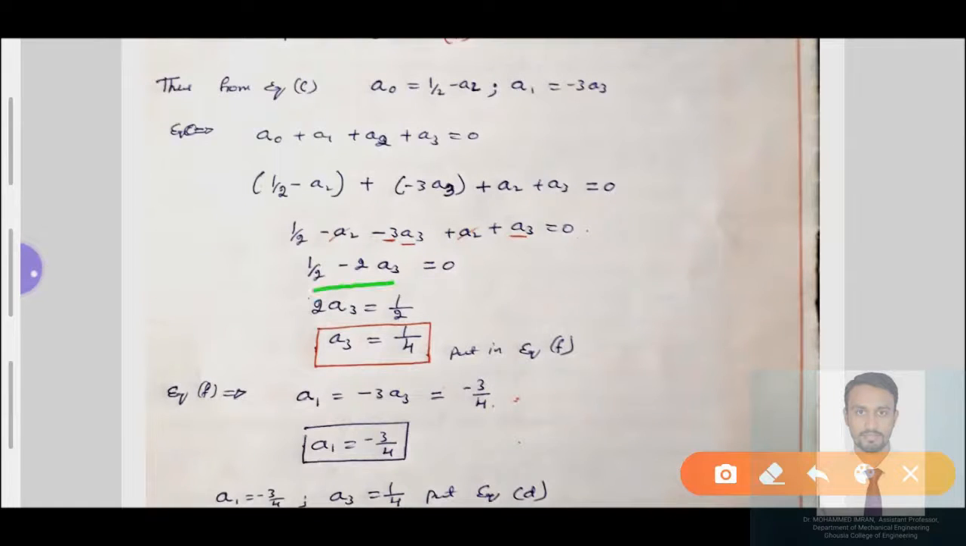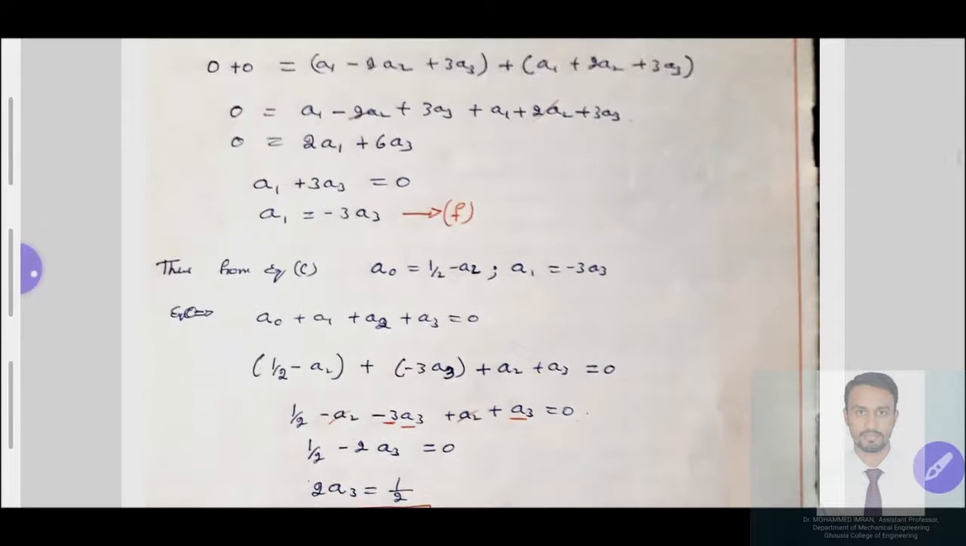Then rearrange this equation. This half I have taken on the right hand side, so this becomes positive. 2a3 equals half, then a3 equals 1 by 4. We got one value, a3. If we have this a3 value as 1 by 4, put this value in the equation